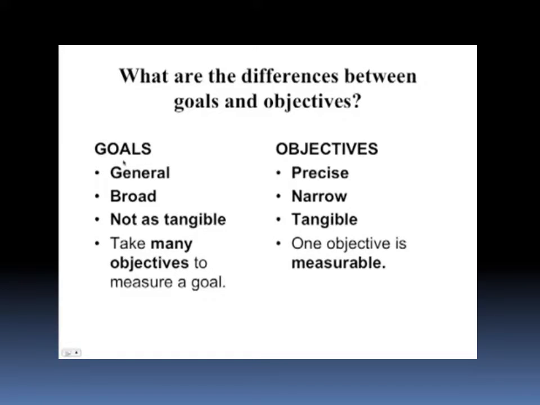Goals are general. Objectives are precise. Goals are broad. Objectives are narrow. Goals, they're not as tangible. Objectives, they really are tangible. Goals, it takes many objectives to measure a goal. One objective is usually